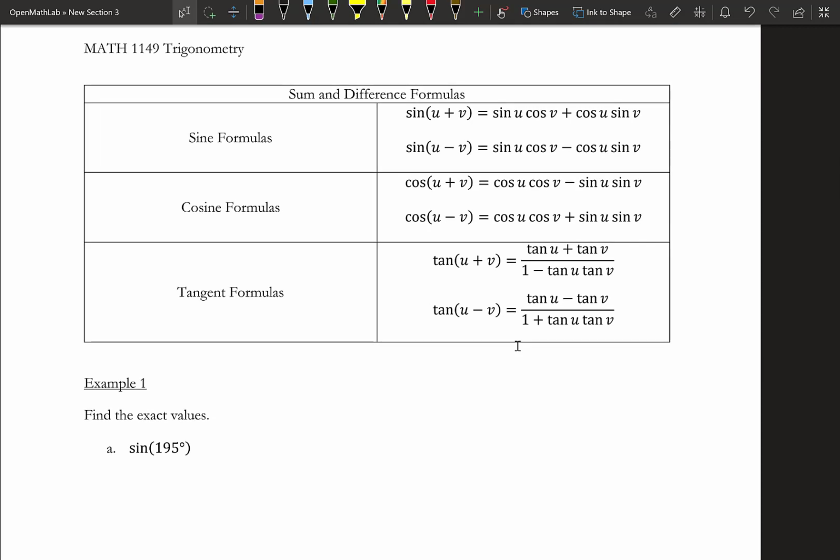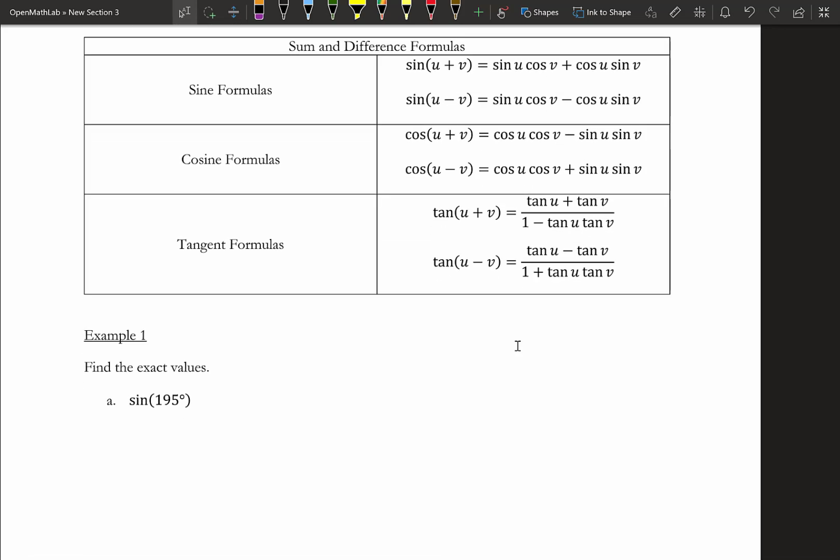So if you go here to page 3 in the notes, you'll see the sum and difference formulas in a nice table here. And these are the 6 formulas that we'll be using in this section, right? So you'll see, for example, example 1. So far, we're kind of limited in the angle measures that we can find the exact trig values for, right? So basically right now what we're limited to is what's on the unit circle. But with these formulas, it gives us a lot more possibilities, right? So for example, example 1,